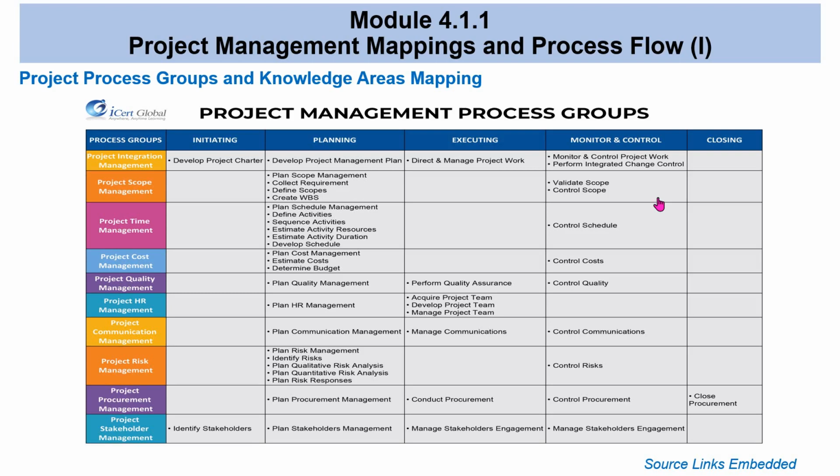We will now continue in this module with looking at the project management mappings and process flow, where we will try to refresh your knowledge on what we've done in previous modules by looking at the process groups and how they map to the knowledge areas. So, remember we have 5 process groups: the initiating, the planning, the executing, the monitor and control, and the